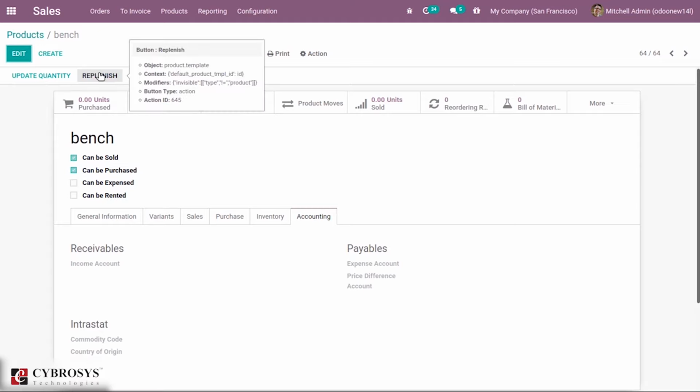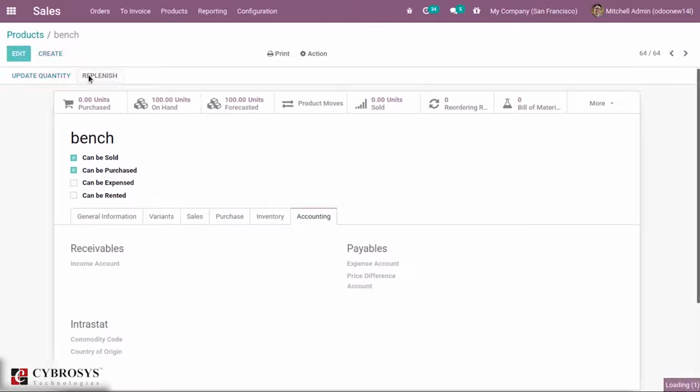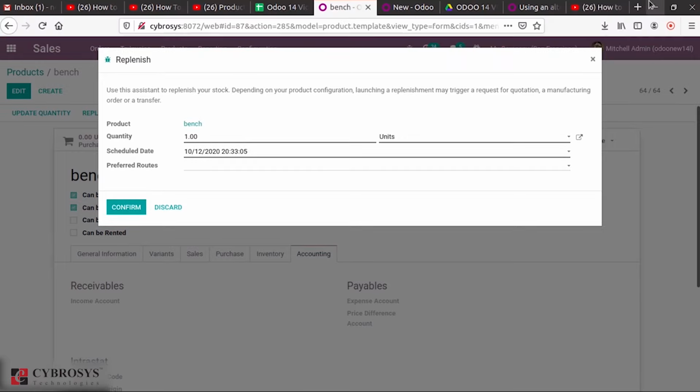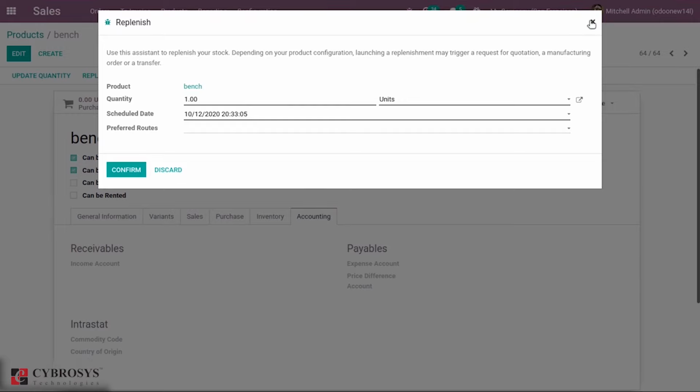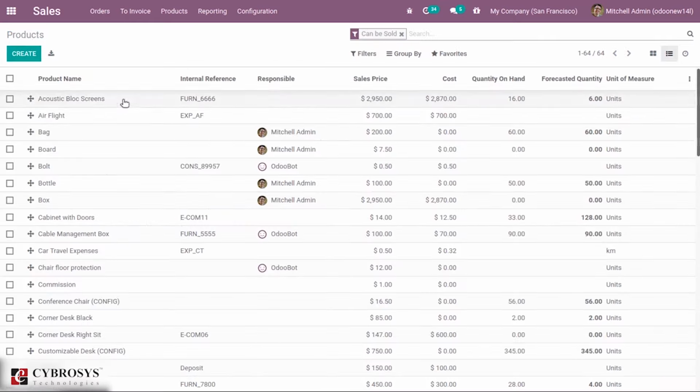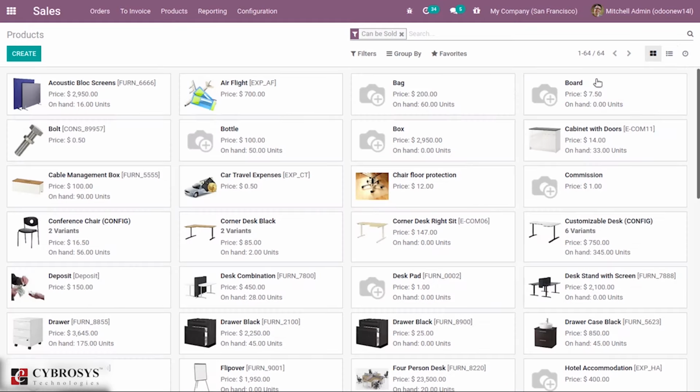Then if you wish to replenish this product, like RFQ, request for quotation, can be created, or manufacturing order can be created in order to manufacture this, in order to replenish this product. So when you come back after saving, you can see the product is created.